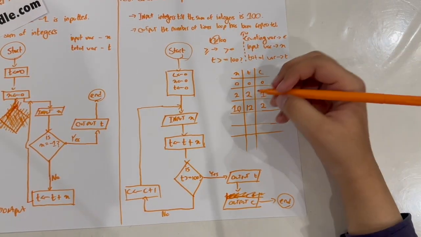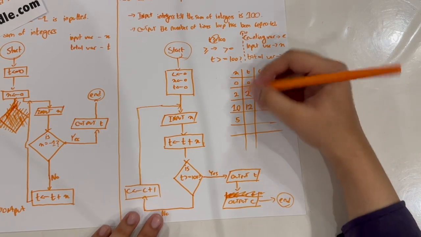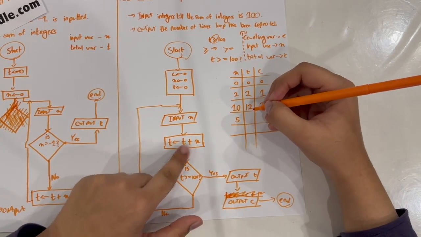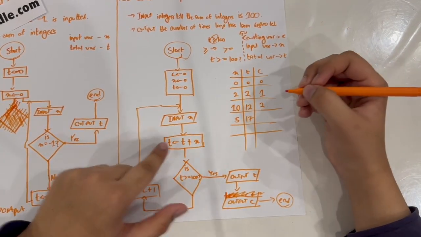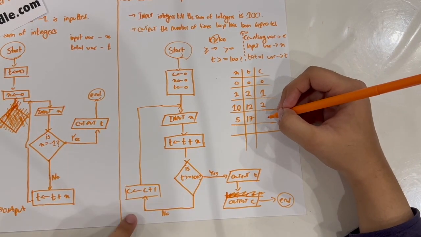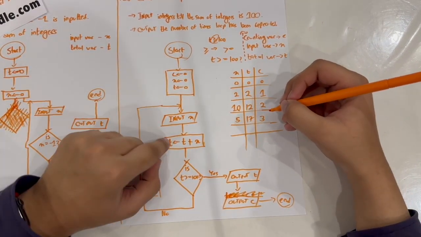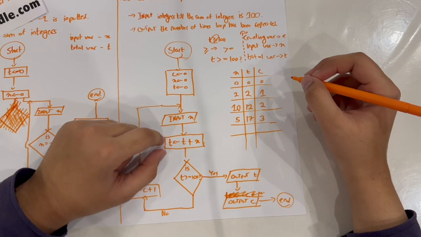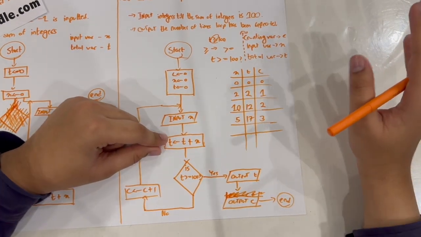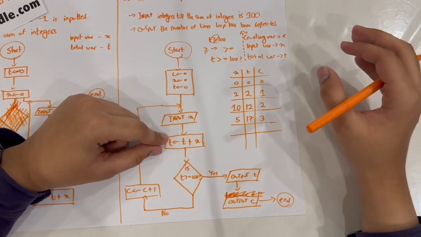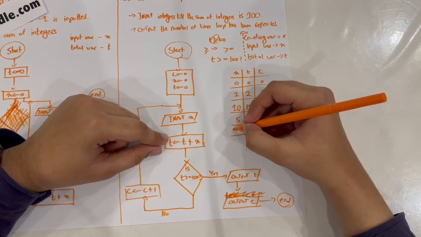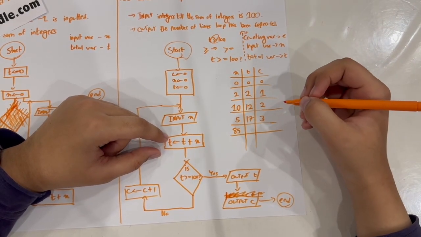Now this time I'll input a value of 5, and it gives us the new value of total, 12 plus 5, which is 17. Again, no, so c becomes 3, and then another x. This time, let's suppose we enter a massive integer value, 85. So the new total will be